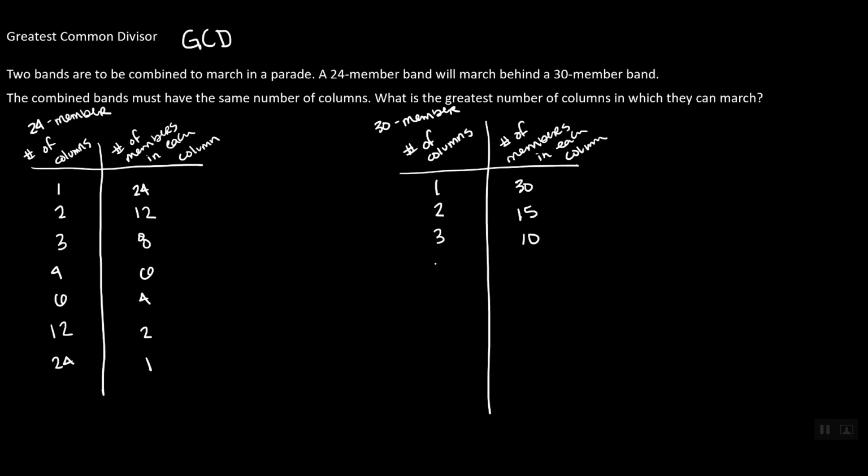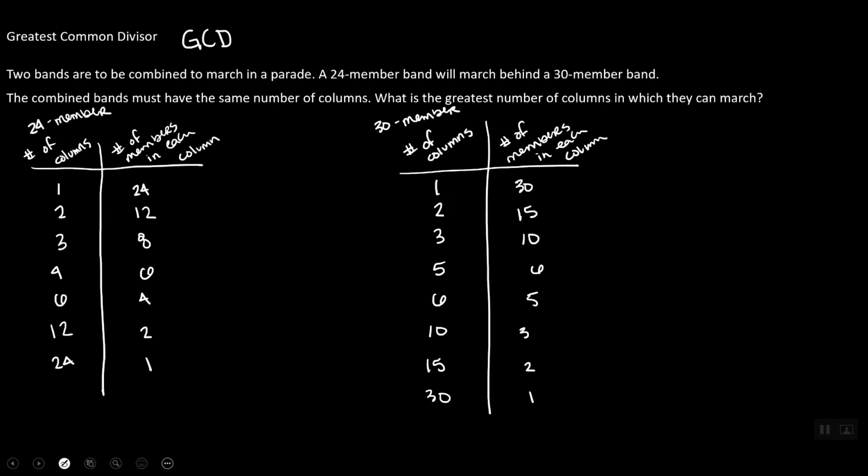We cannot make 4 columns evenly because we wouldn't have the same number of members in each column. So 4 is not an option for the 30-member band. We could do 5 columns with 6 members in each column. We could do 6 columns with 5 members in each column. We could do 10 columns with 3 members in each column. We could do 15 columns with 2 members in each column, or we could do 30 separate columns with 1